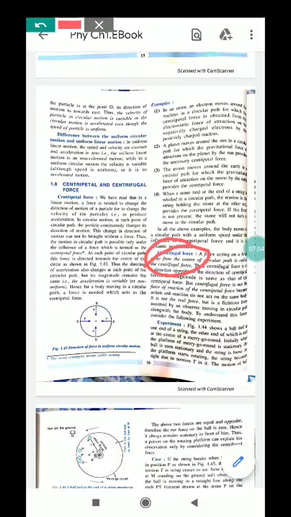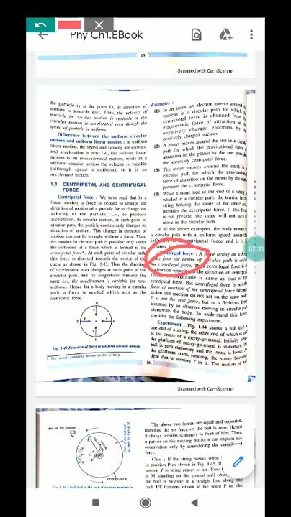The magnitude of centrifugal force is equal to that of the centripetal force, and the centrifugal force is exerted by the revolving body on the body at the center. The centrifugal force is directed away from the center along the radius. Centrifugal force is experienced by the hands.